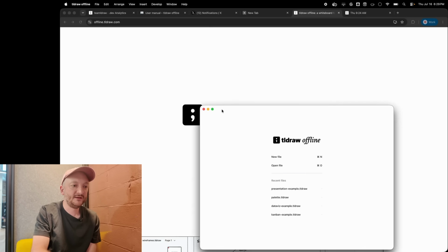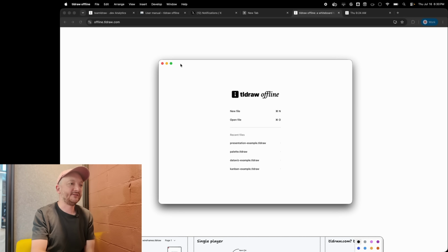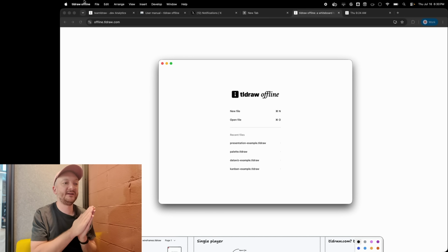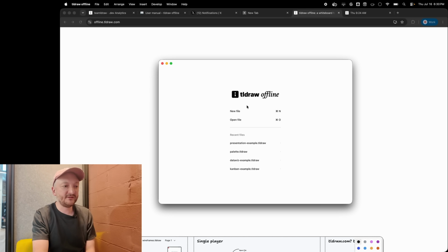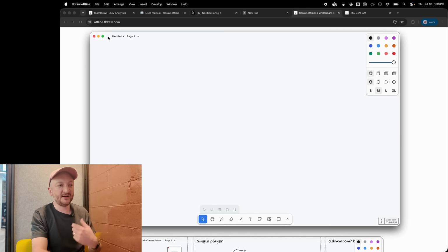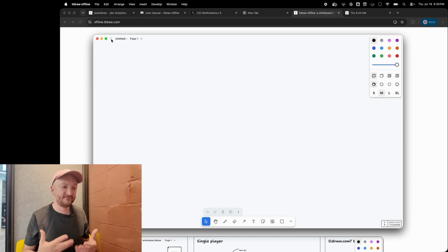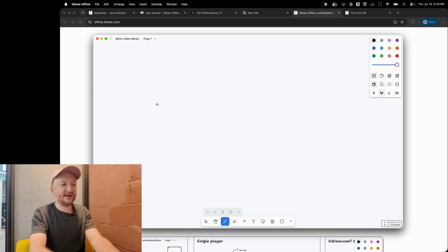All right, tldraw Offline. In a lot of ways, it is what it kind of sounds like. It's a desktop application. It will work. I can turn off my Wi-Fi. It'll keep working. It bundles all the things that you need, and you can use it with files, like a kind of normal file-based system, right? So if I save this and I say demo video.tldraw,